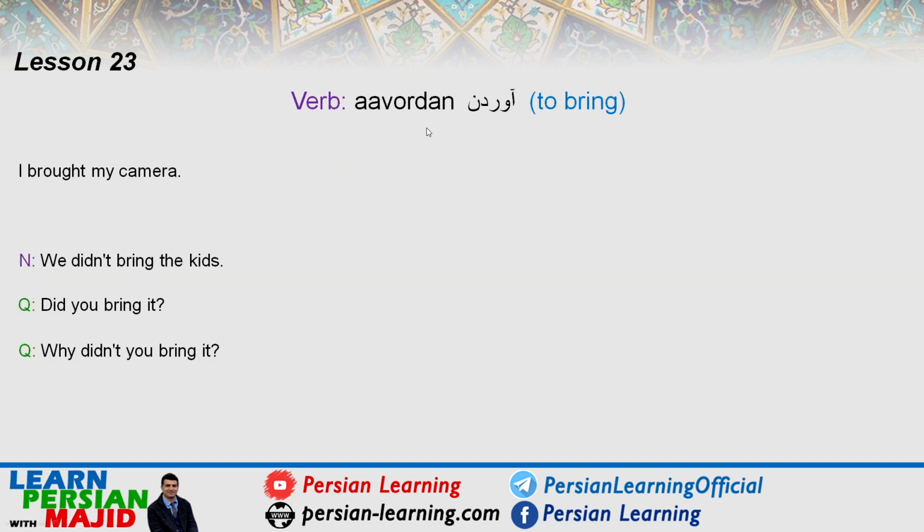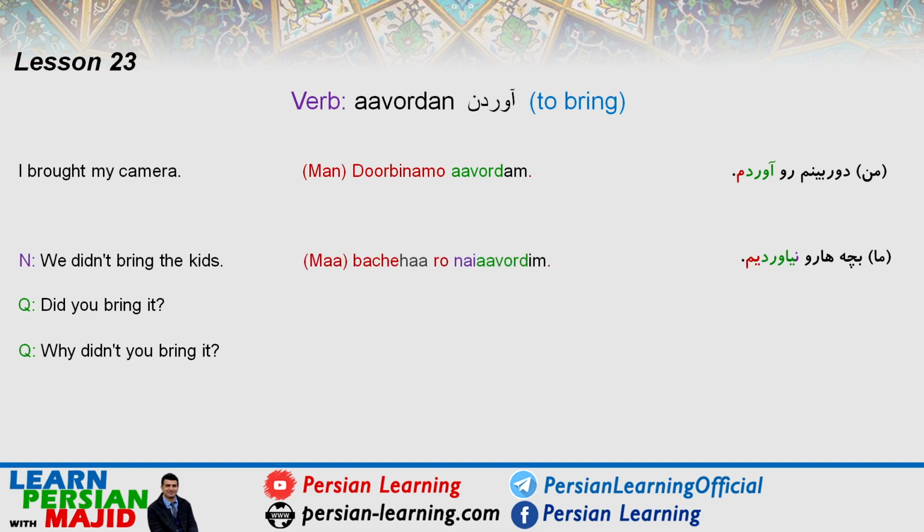آوردن, or formal آوردن. I brought my camera. دوربینمو آوردم. We didn't bring the kids. ما بچه ها رو نیاوردیم. Did you bring it? آوردیش, the object ending referring to it. Why didn't you bring it? چرا نیاوردیش؟